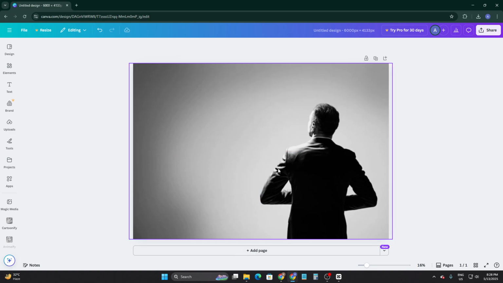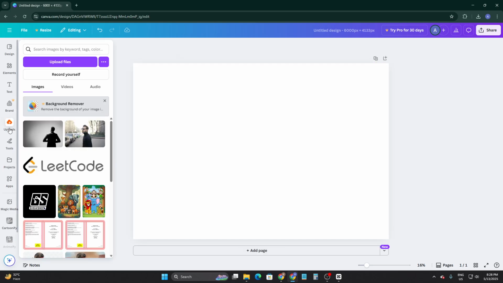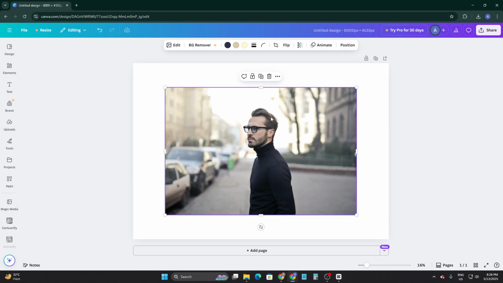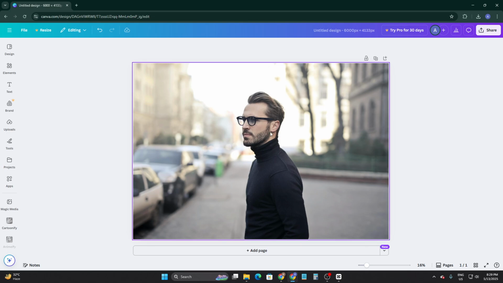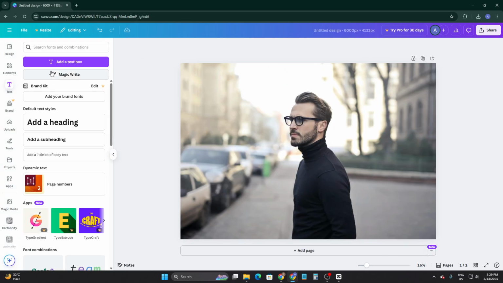And from here, for example, I'm going to delete this image and add another image here, as the background. So here you can see this image. If I want to add text behind that person in Canva, then I have to add a